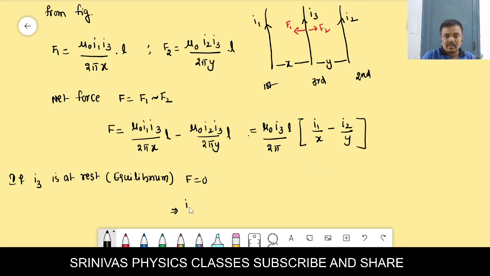This will be 0, right? Then another moment, I1x is minus. This will also become 0. Then I1x is equal to I2y. Is it correct? Tell me immediately. If the net force is 0, then it will be cancelled. F0 you substitute, and this term will be 0. This one will be 0. This one also 0. Then finally we will get this formula.